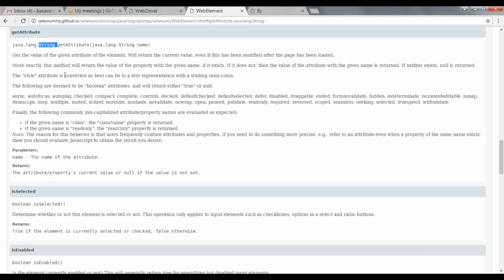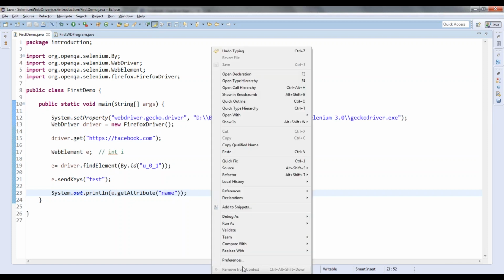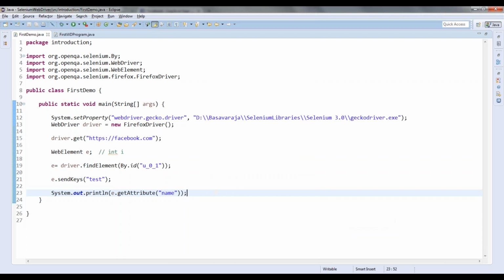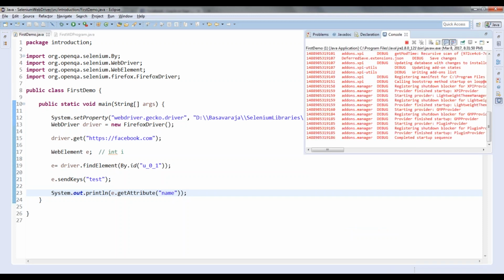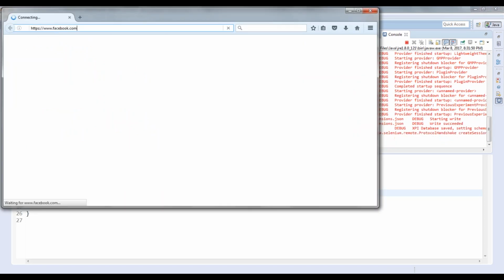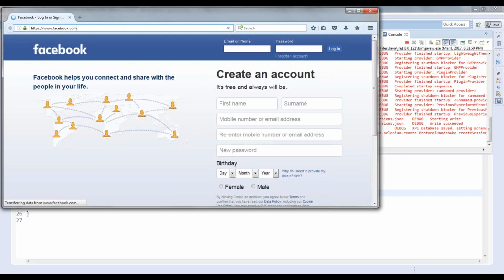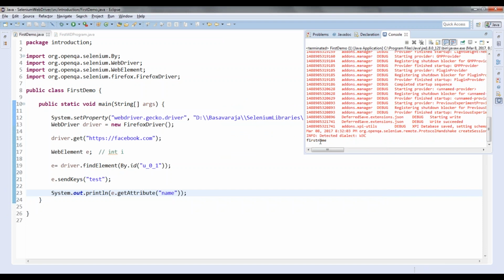So that string, either I have to capture inside a string variable, or I can directly display it like this. Right. So let me run this again. It is entering test, and if I go to my console, it is displaying first name.